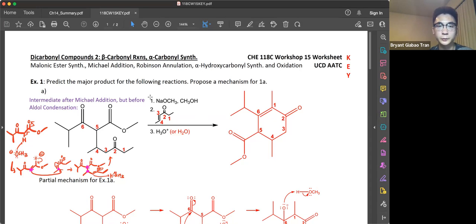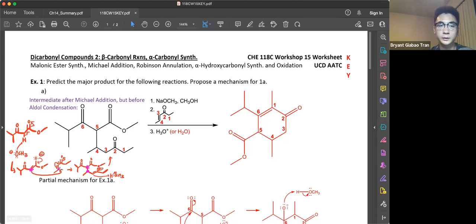first reagent NaOCH3, which is a strong base. Since we have a strong base, we're going to look for our most acidic hydrogen, which is going to be this alpha hydrogen between these two dicarbonyls here. We deprotonate that, and then we have this nucleophilic enolate ion here, where we reform the carbonyl and then attack our enone, or alpha,beta-unsaturated ketone here. Since this is a weak nucleophile, not a hard nucleophile like RMgBr, RLi, or NaH,